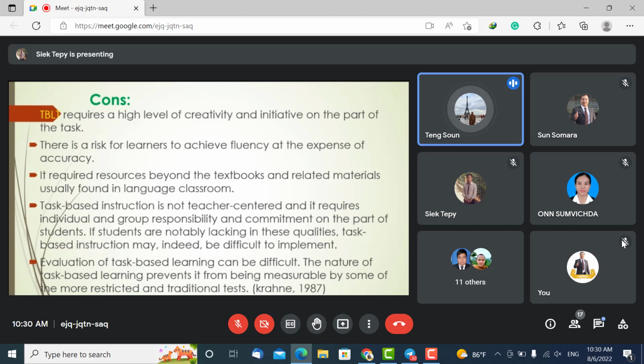Task-based instruction is not teacher-centered, and it requires individual and group responsibility and a commitment on the part of the student. So TBLT is kind of student-centered. It's not teacher-centered. It requires students to take individual and group responsibility and make more and more commitment to the task. And sometimes it's very hard for students, especially